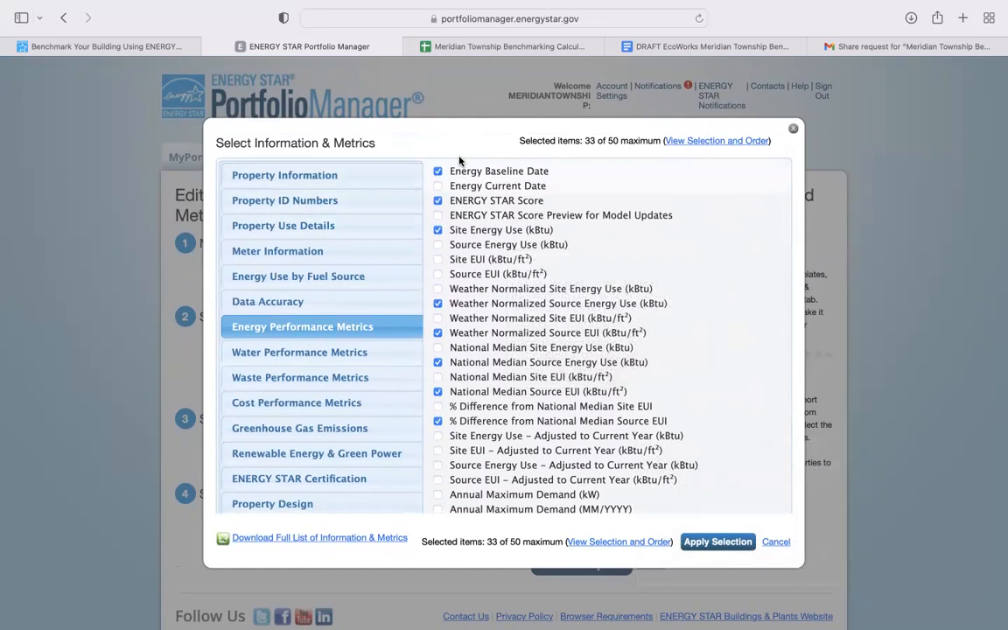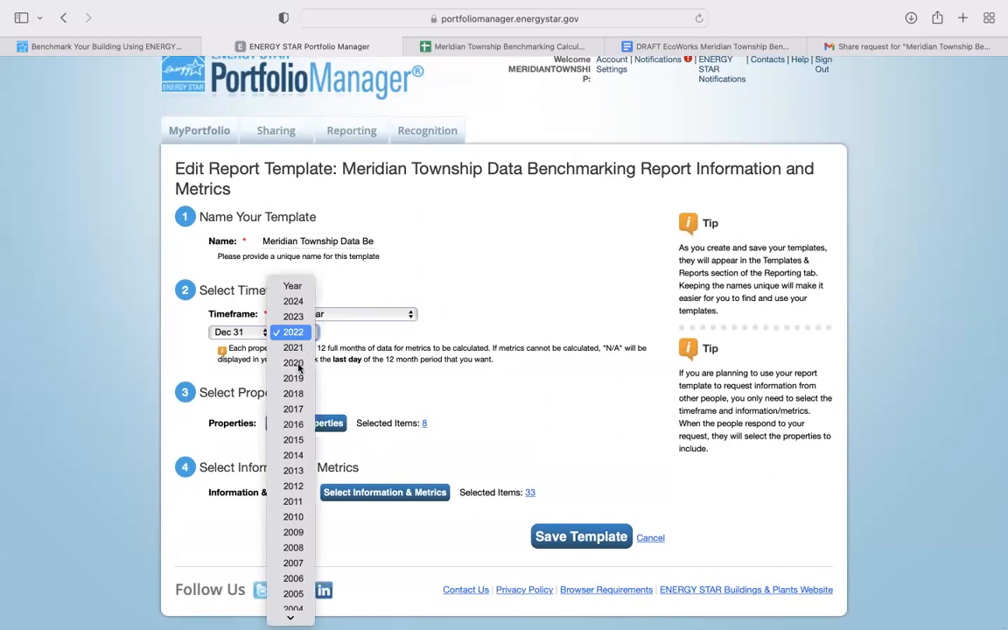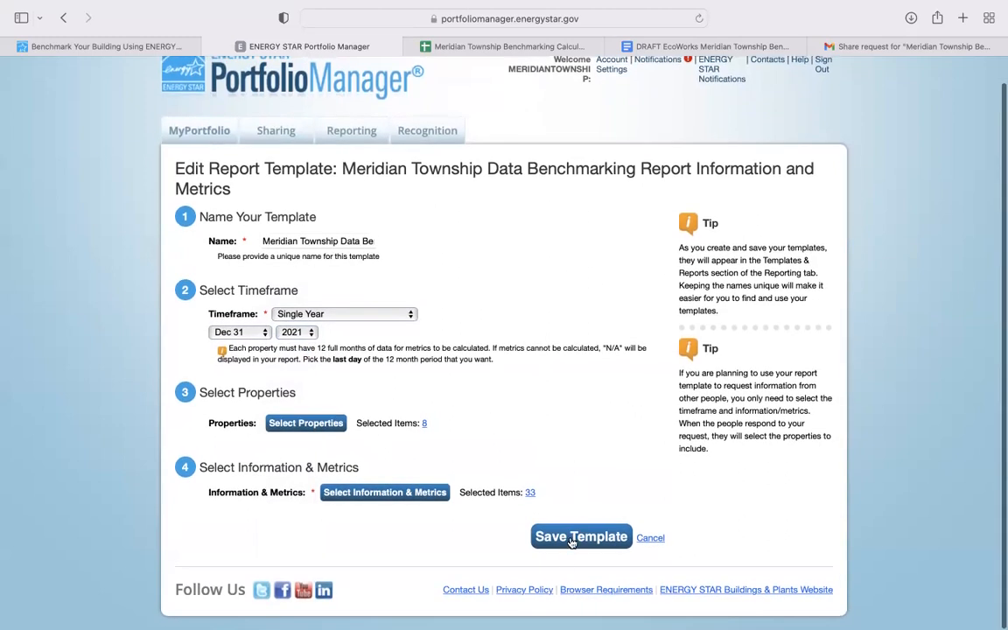So then in the future, as you're benchmarking, say you benchmark for next year, you can download a spreadsheet and it will match everything that you already have in your existing benchmarking report. So all of that is in there. And so let's actually change this to 21 because it will say not available for 2022. Let's save